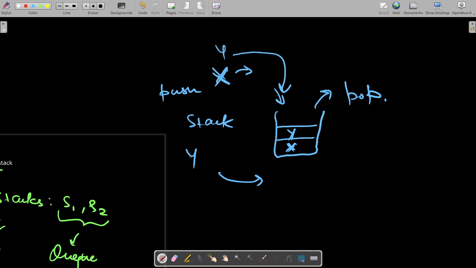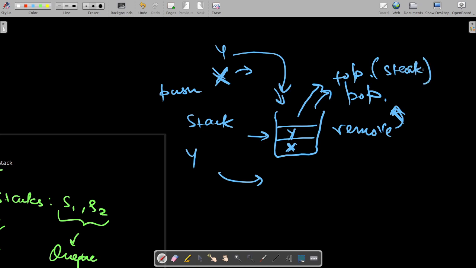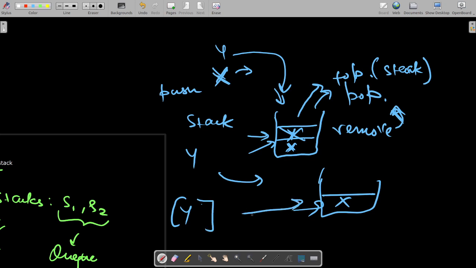Now if I want to remove some element, or do a pop operation, since it has only one end, it will be taken out from the top of the stack. For removal from the top of the stack, Y will be removed and my stack will only contain X. So in the queue, when I removed an element, Y was left, and in the stack, X is left.